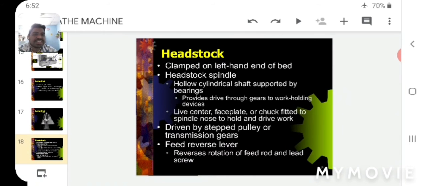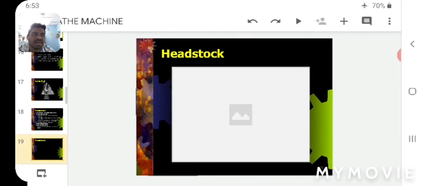It is driven by a stepped pulley or transmission gears, which are used to control the speed. The feed reverse gear mechanism reverses the rotation of the feed rod and the lead screw, which is used for threading.